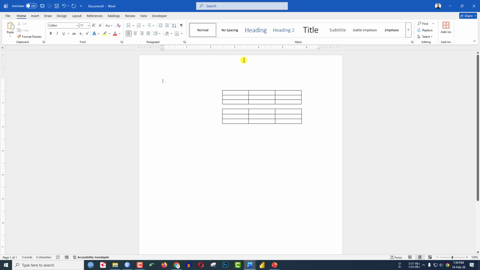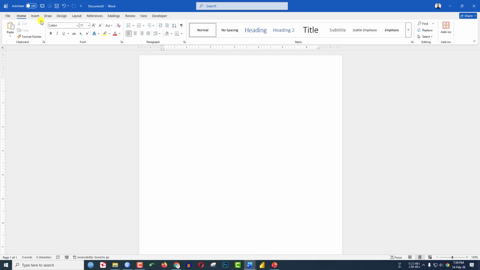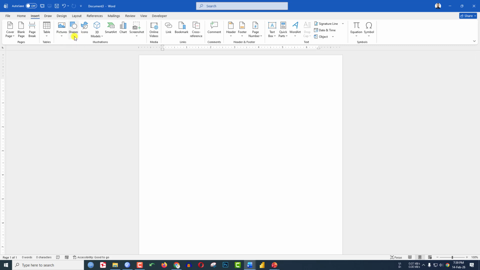In this video, you are going to see how to align two tables vertically in a Microsoft Word document. You can even move it freely. So let's get started. Let us go to Insert, go to Shape, pick a text box and drag it over